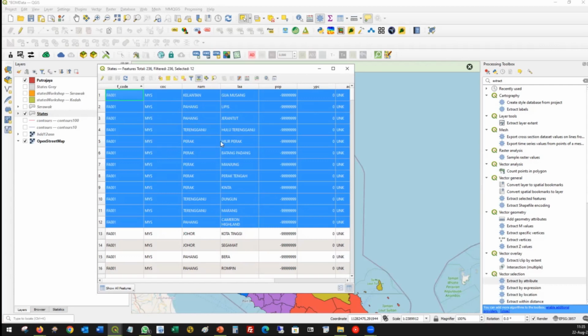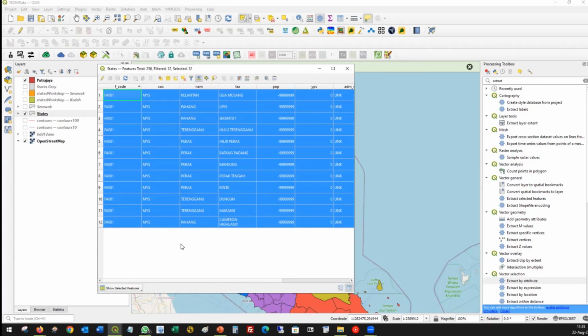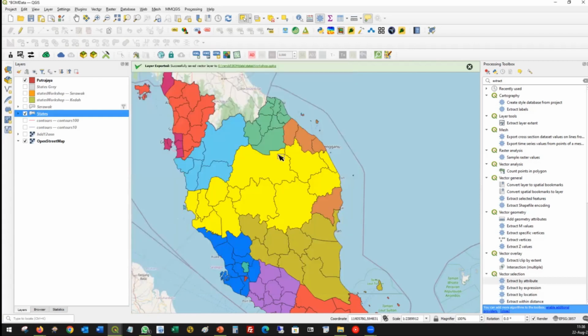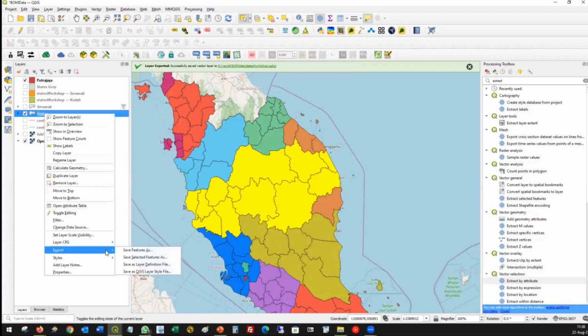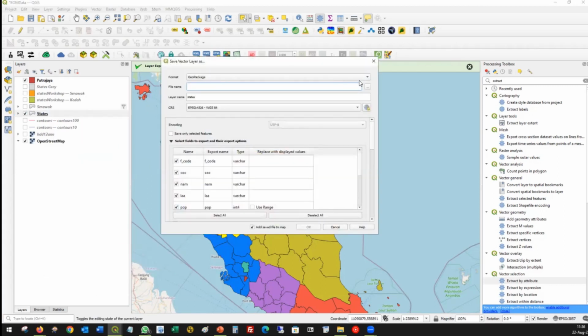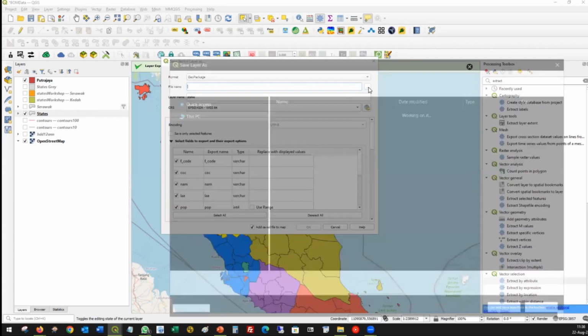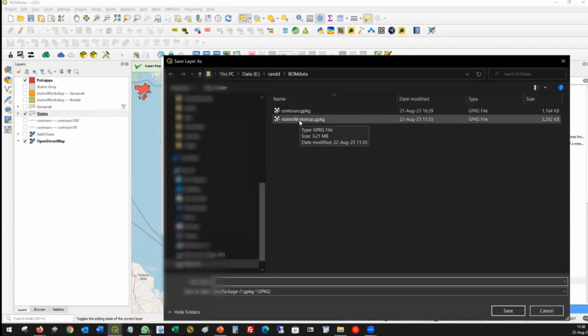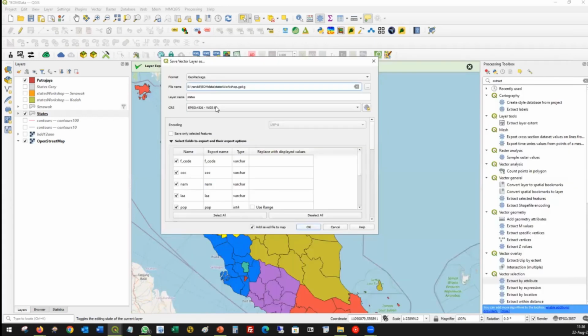You can see they're from different states. Or another way will be to show selected features. So we show only selected features. I will close that attribute table, and I want to keep only these districts from various states. So I just right click, export, save feature as. I'm going to keep the geopackage, and I'll go to the states workshop, save, and layer name will be